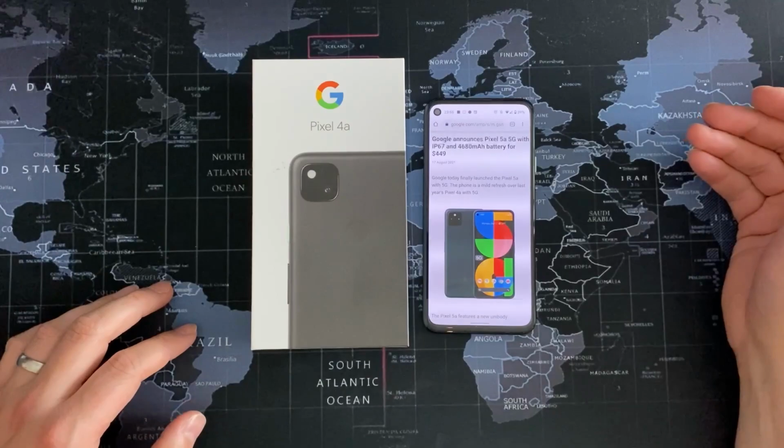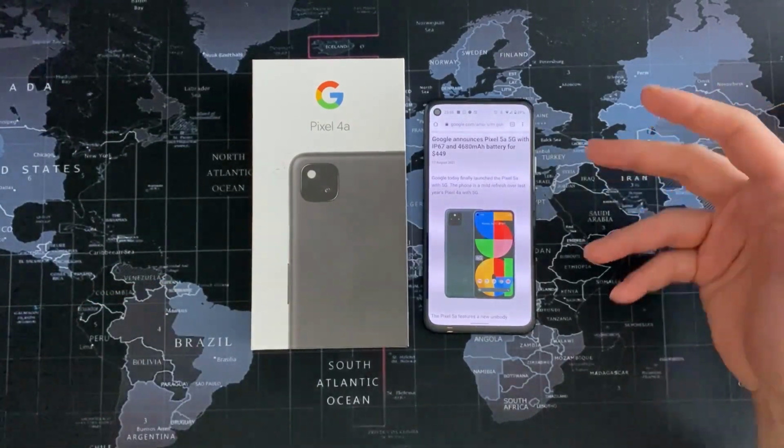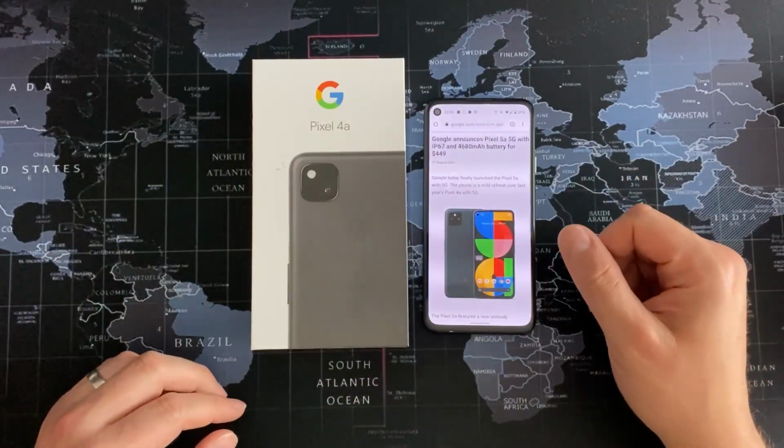I've been in a Samsung shop today and I've been giddy about the Samsung Z Flip 3 and I've made a video about that, so I change my mind at least 2 to 3 times a day on what phone I want. I love phones, but